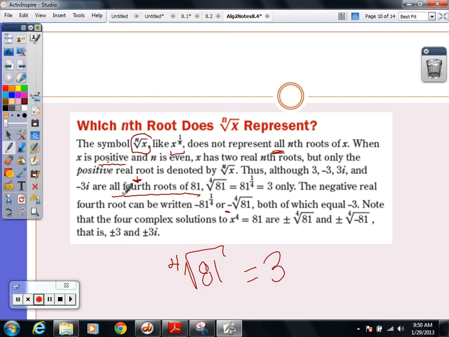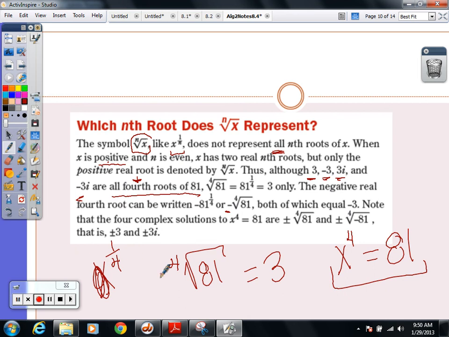But if I am writing for all the fourth roots, you would have to write 3, negative 3, 3i, and negative 3i, because that's asking for all of the things that will make x to the fourth equal 81. If it's written this way, they're asking for all of them. If they're writing with a radical notation or rational exponent,